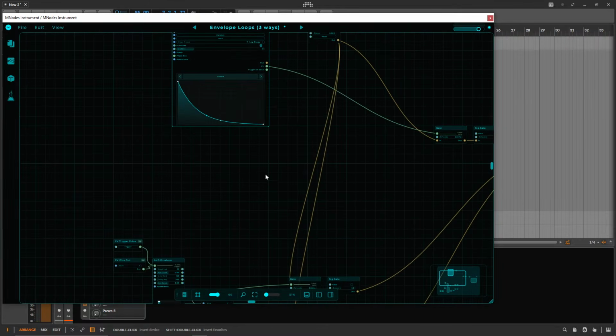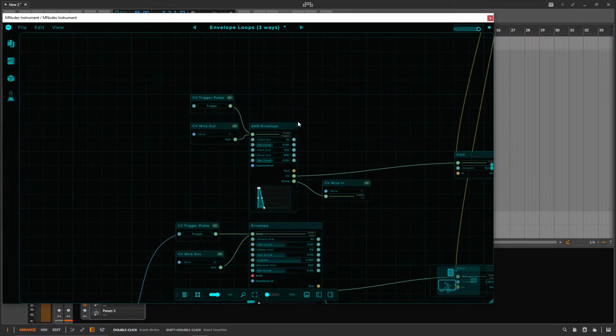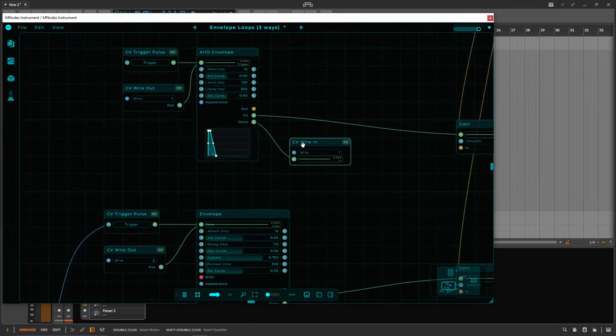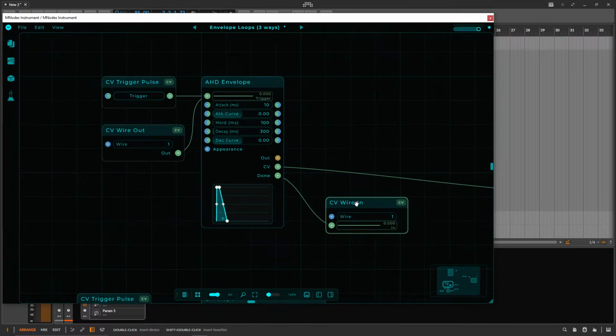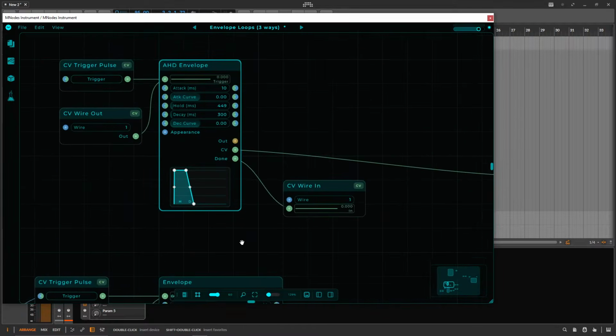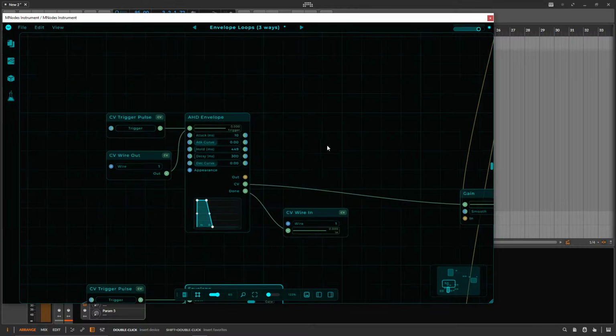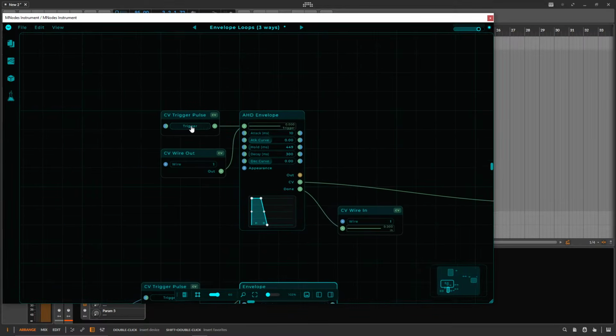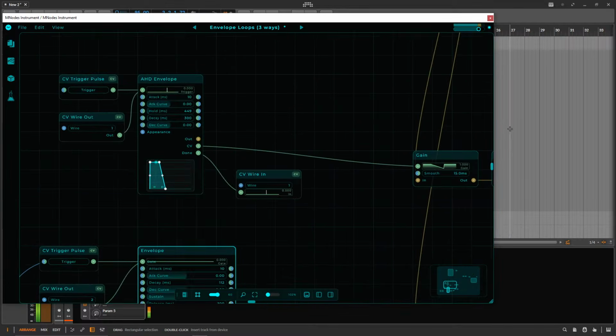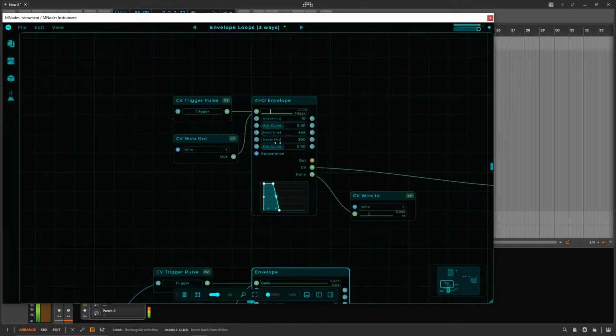There is another way of doing it, which is the way of doing feedback loops with MNodes, using the CV wire or the audio wire or the data wire. So in this case we have this AHD envelope, which is a simpler envelope, different than the typical envelope that we used in the other tutorial. But the thing here is that when you press play, you can see that